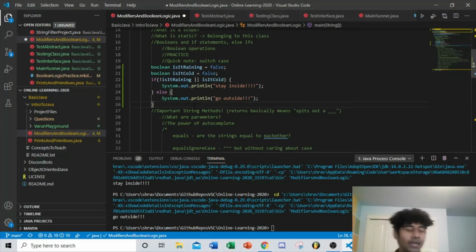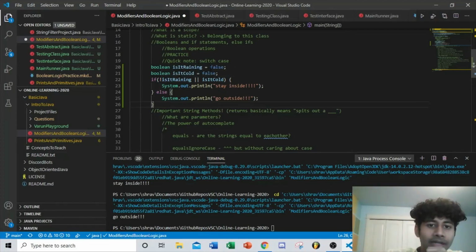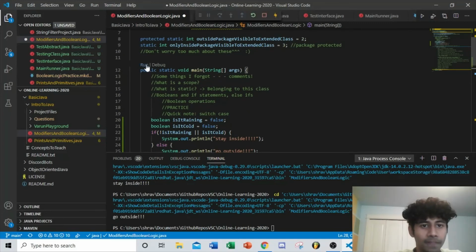So if I say not is it raining or it's cold outside, it kind of messes with your head. But what this basically says is think of is it raining and is it cold outside, right? So if is it cold outside returns true, then this whole thing will return true because you only need one of the things to return true. But let's say is it cold is false, okay? Is it cold is false. Now, is it raining? If I put is it raining to false, this exclamation mark will switch it to true. So even though both conditions are false,